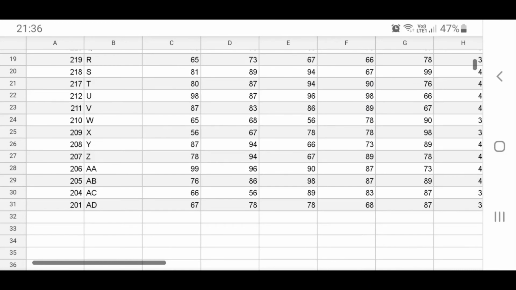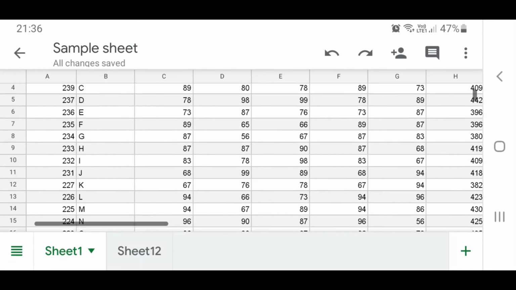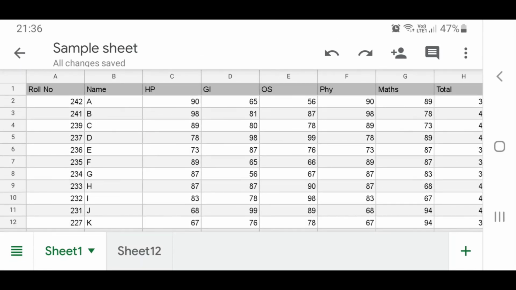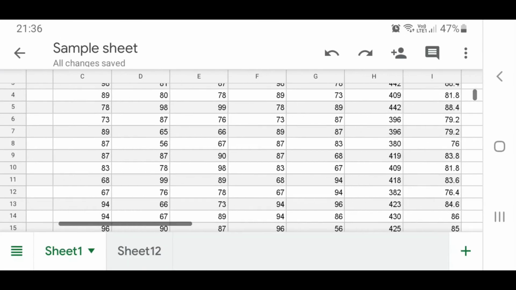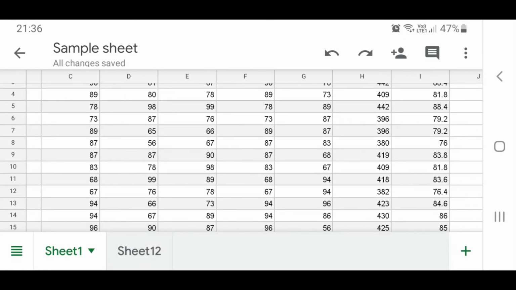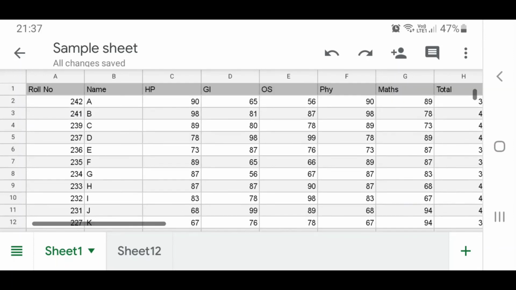When I scroll down the sheet, you will observe that I am not able to identify which column represents my marks in OS or physics, or what indicates my total. Or when I scroll to the right, I cannot identify what is the 76%. This percentage corresponds to which person. So if I am able to keep the header cells, the first name, and these particular A and B columns fixed, I will be able to identify which cell this particular value corresponds to.